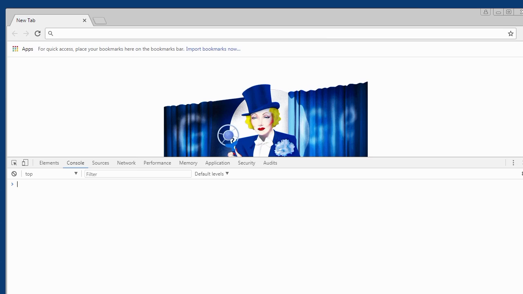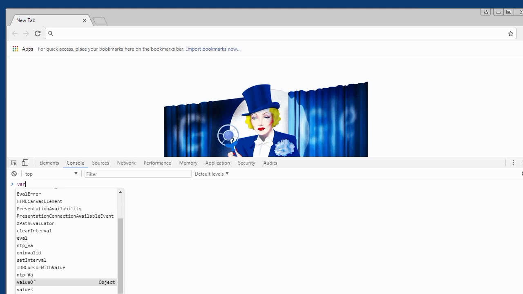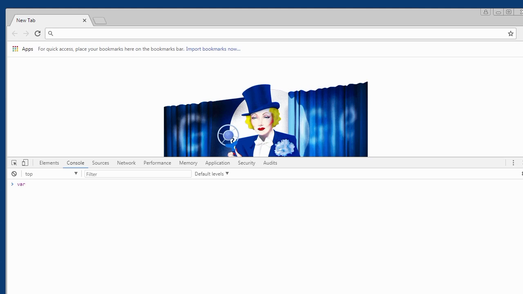So let me create a very basic variable. I'm going to create a variable and I'm going to call this variable x. I'm going to give it a value which is going to be an array. You can tell it's an array because I'm using square brackets, and I'm going to give the first value in the array. I'm going to make that a string. I'm going to call that John. So you separate each value in an array with a comma, and I'm going to make the second value in